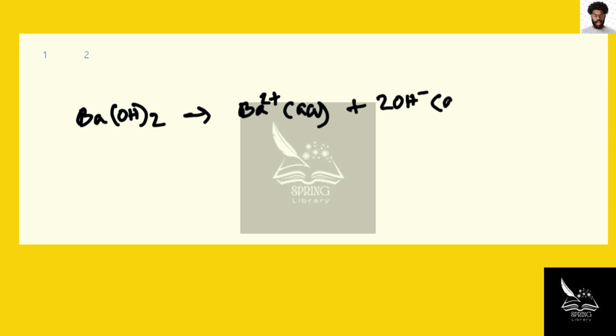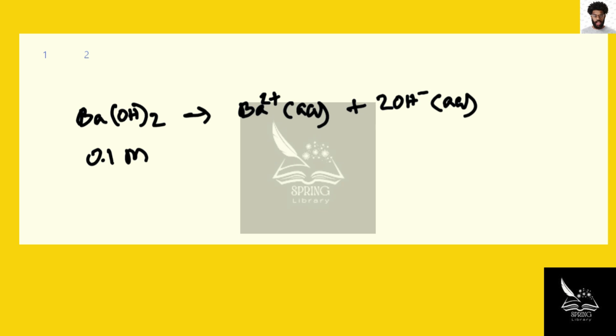That means it will also dissociate completely into its ions. So in this case, if we have 0.1 molar barium hydroxide,